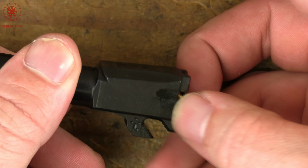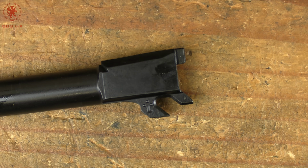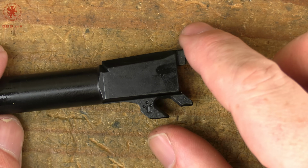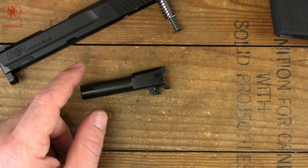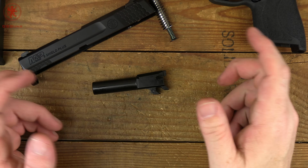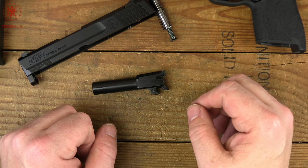That's if you have a case rupture, you're running questionable brass, might have been reloaded by your uncle, or aluminum case, anything like that. All kinds of reasons why you could have a case rupture, and believe it or not, it does happen even with well-made factory ammunition. So a fully supported chamber like this is appreciated. I'm going to reassemble this just by reversing what I did to take it apart,